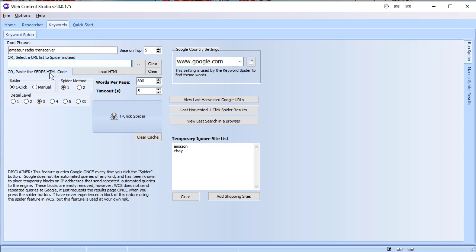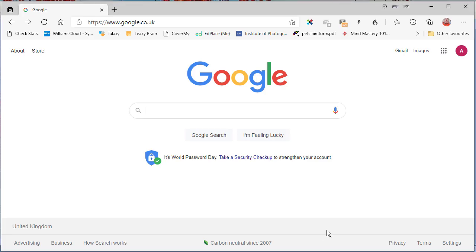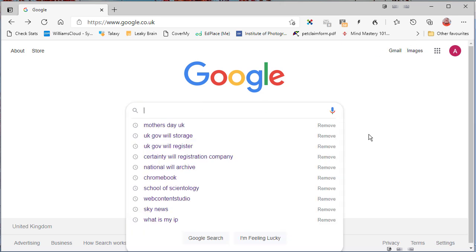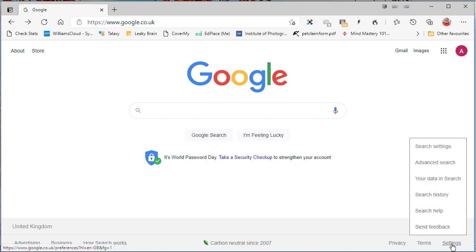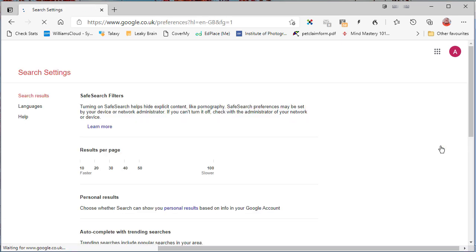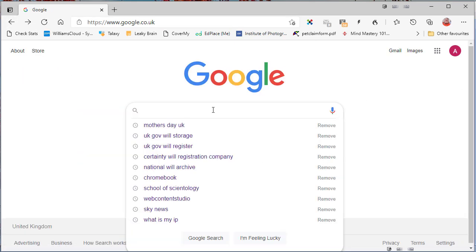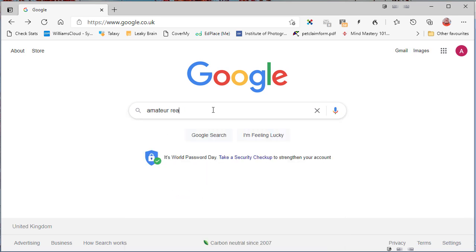But I've added a new option in here, and what you can do is go to Google. Before we do the search, go to Google and look for the settings. This is important. Go to the search settings and make sure that you are doing 100 results per page. That will give you the best results. Okay, let's go back and we'll do the amateur radio